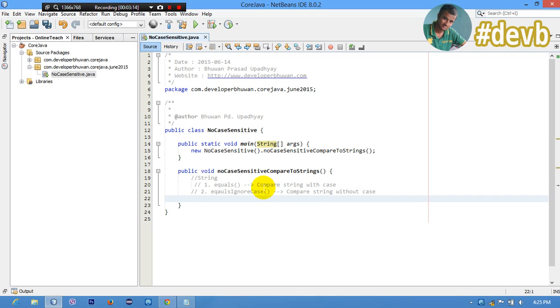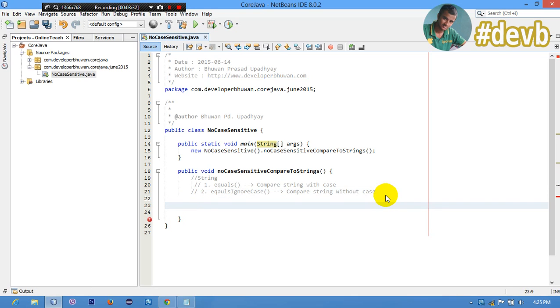The String class provides two methods for comparison of strings. One is equals, another is equalsIgnoreCase. One compares two strings with the case, the other compares two strings without case. But for case insensitivity we can also use two other methods defined in the String class, that is toLowerCase and toUpperCase.